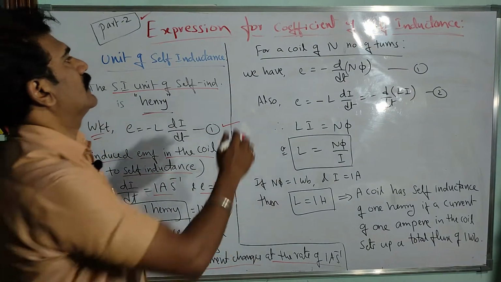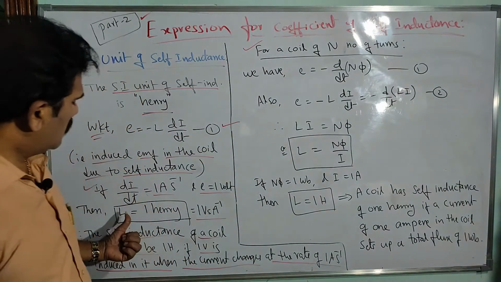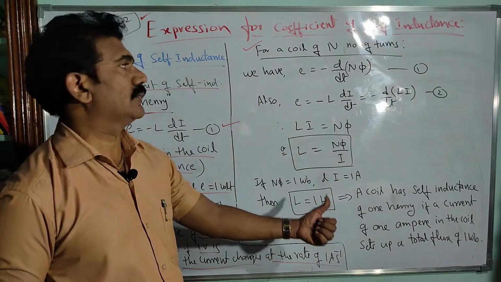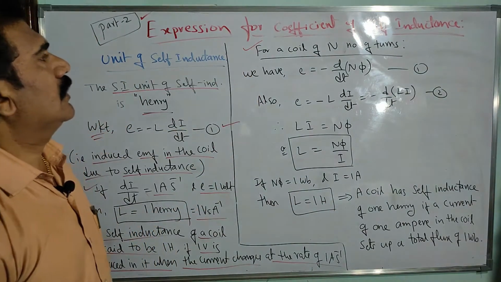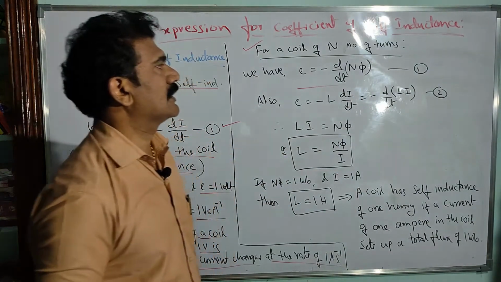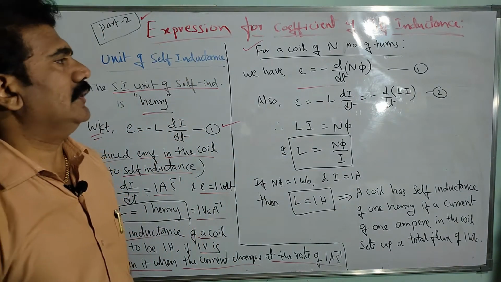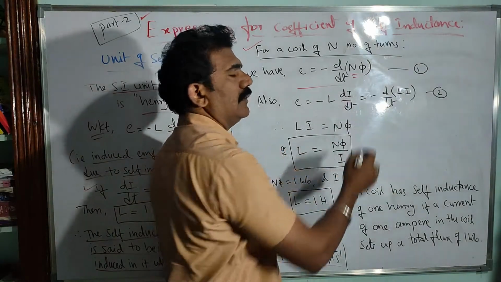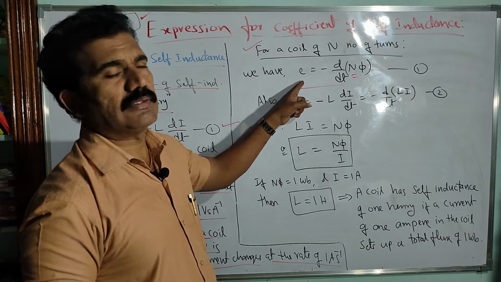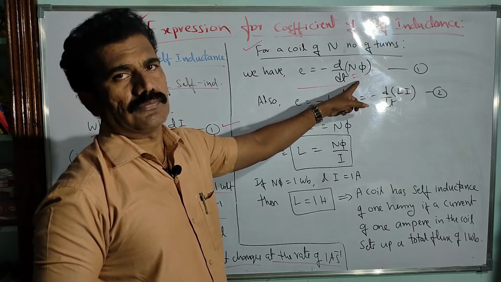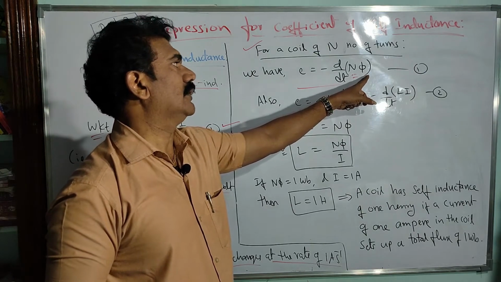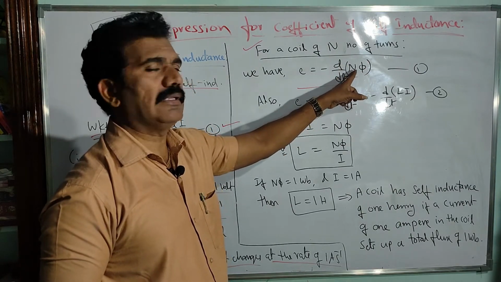So now further we can say, you can express the value of self-inductance in terms of magnetic flux unit also, right? See, for a coil of n number of turns you consider now. So we have the equation E is equal to minus d by dt into n phi, where n is nothing but the number of turns in the coil. So induced EMF depends upon the number of turns in the coil also. So you have to multiply the magnetic flux by n. So the rate of change of magnetic flux is multiplied by n here, that's it.